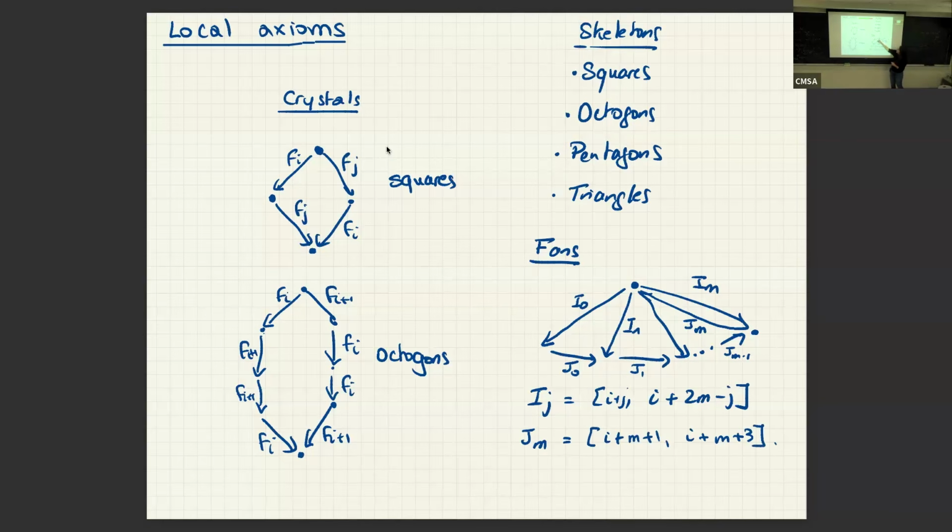Another thing that's kind of cute is that we have these fan axioms. Whenever we have an edge labeled by a long interval, so i plus 2m, where 2m could be big, then we have all the intervals that are nested in this interval coming out. We get all these existing edges, and at the end it ends with a 2-cycle, and here we have a bunch of things that finish this cycle. So there's lots of beautiful structure in those graphs that give necessary and sufficient conditions to build them.